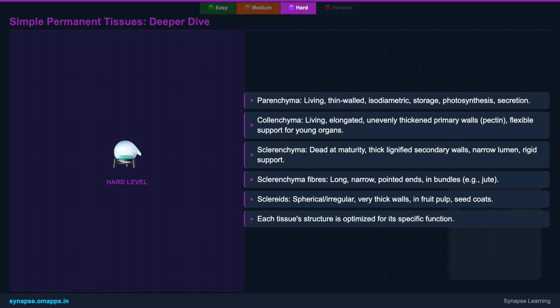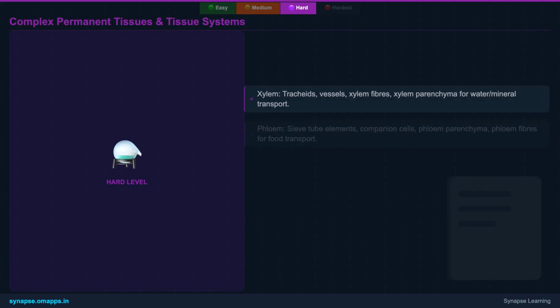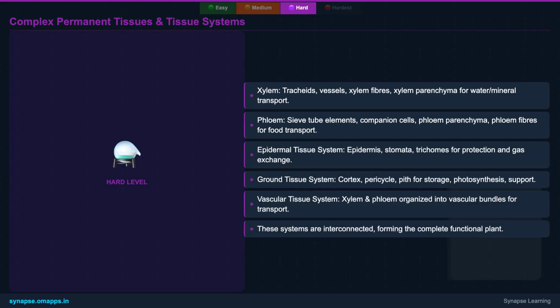Each tissue is perfectly adapted for its unique role. Now, let's connect the dots with complex permanent tissues and tissue systems. Xylem, with its tracheids and vessels, forms a highly efficient, unidirectional pipeline for water and mineral transport, defying gravity. Phloem, featuring sieve tube elements and companion cells, is a bidirectional transport system for sugars, fueling growth and metabolism throughout